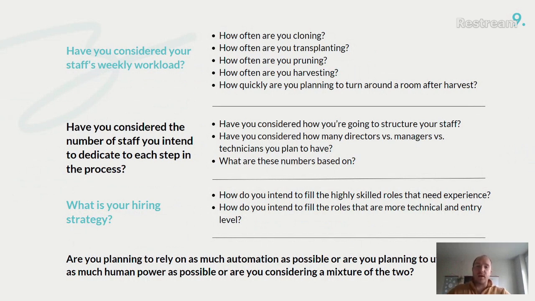It may be more simple to have people in just one role, but it might be a little bit more enjoyable and enable you to retain a greater number of your employees if there is some shared responsibility. In addition, here we want to understand if you've considered the number of directors versus managers versus technicians that you plan to have, because that's ultimately going to affect the hierarchy, the pay structures, and really dictate the level of skill that you need to hire for, and ultimately the trajectory of growth.